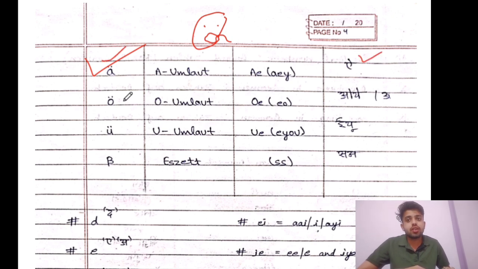A umlaut is pronounced Oye. Oye. Ubi. In some words, according to the situation, according to the sentence, according to the word, that can be pronounced as Oe or U. And the last umlaut is U, which is pronounced as EU. EU. So these three umlauts,